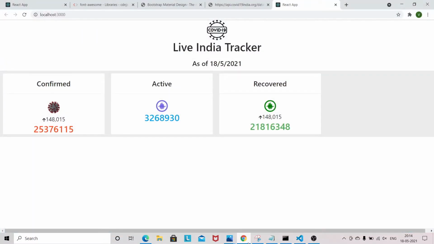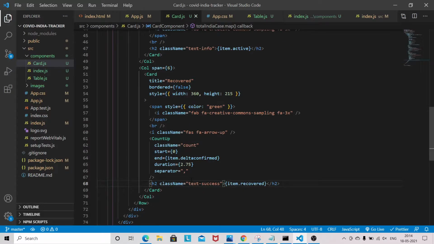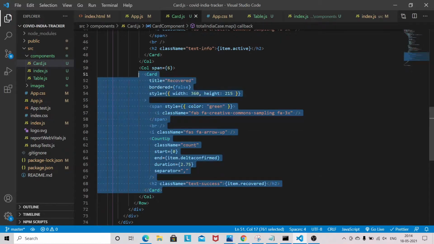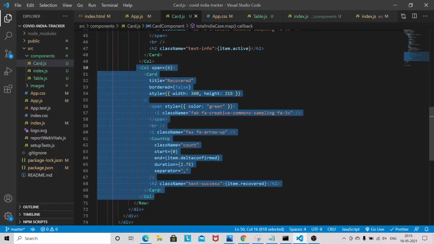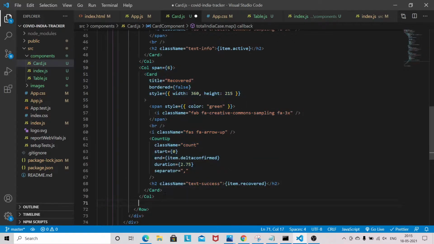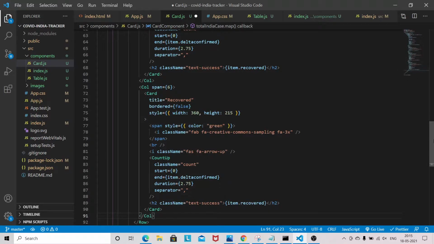Now the last thing is the death count. I just copy this one and we'll change a couple of things. So the title will be death.